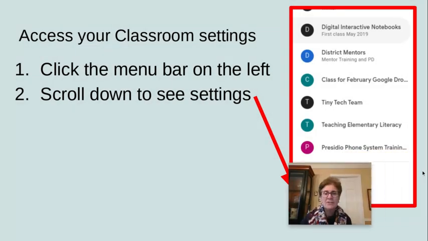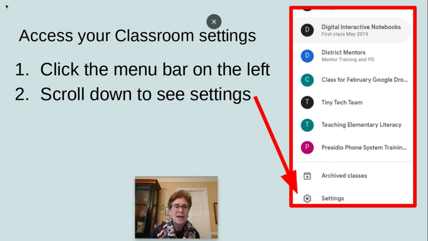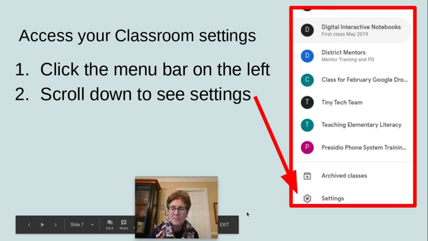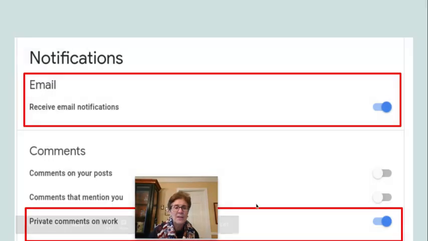You access your classroom settings. Now these are the ones on the top left, looks like the hamburger, the menu bar. You click on that and you go all the way down. Here's all the classes that you're either enrolled in or teaching. And down at the bottom, you'll see settings. Click on the settings button and then